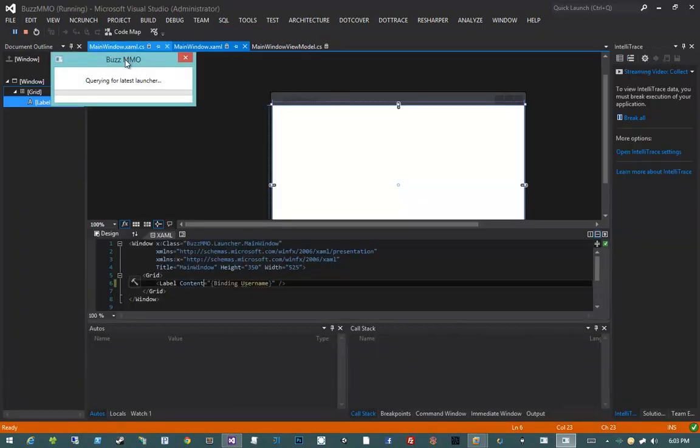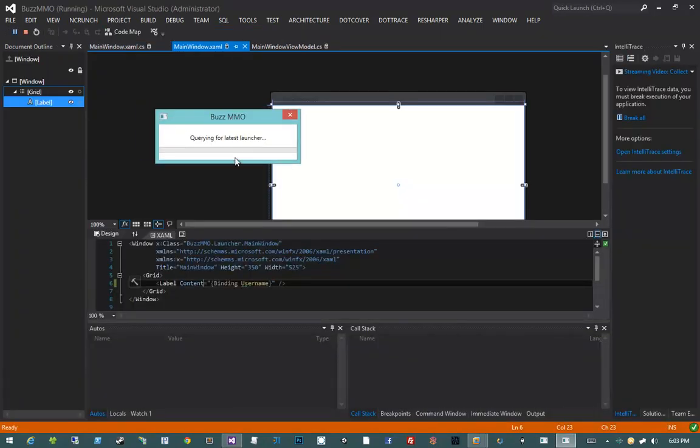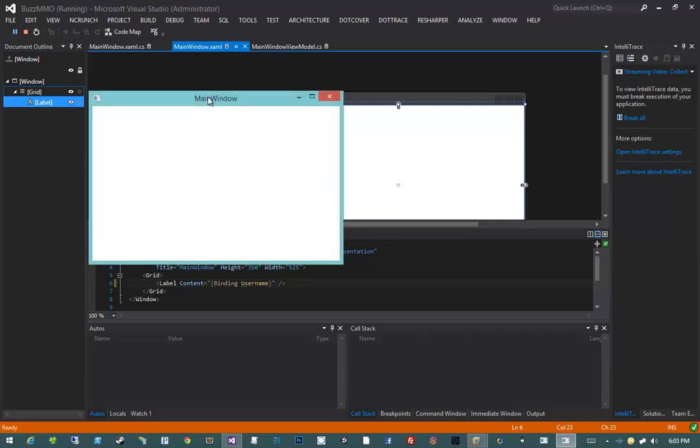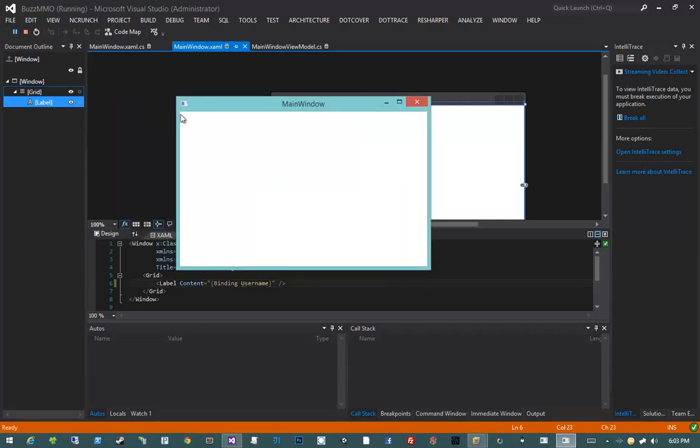Funny enough, we're actually not going to see anything because we never set the username to anything, but I just want to show you guys at least it doesn't crash. See, it doesn't crash, but we see nothing. Why do we see nothing? Well, again, we haven't assigned the username value to anything, so it's not surprising that if we bind to nothing, we see nothing. So let's close this out,